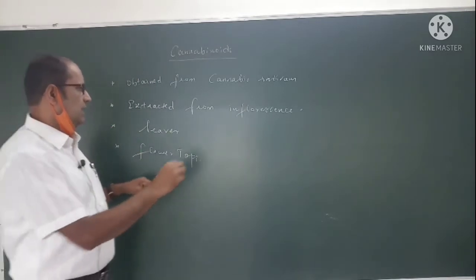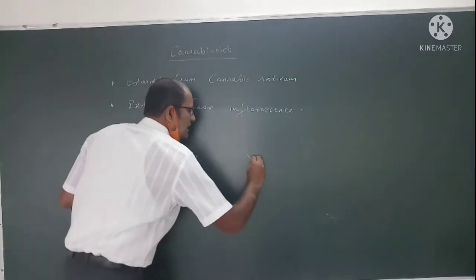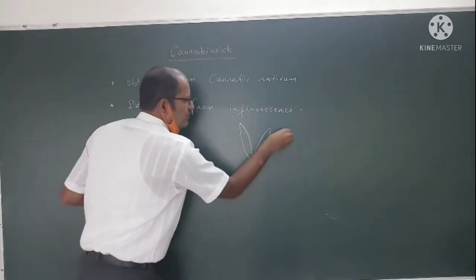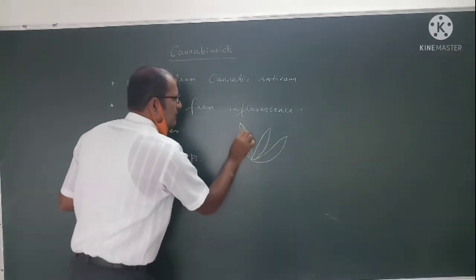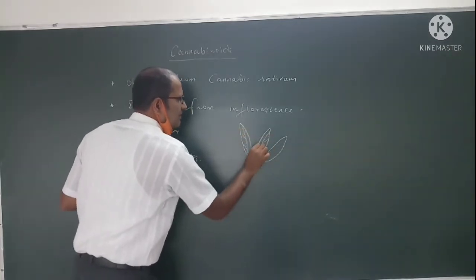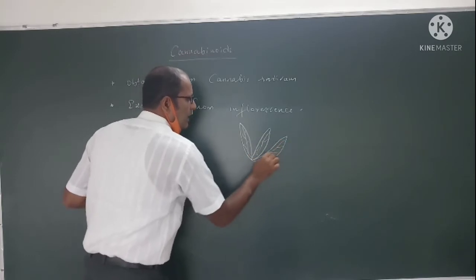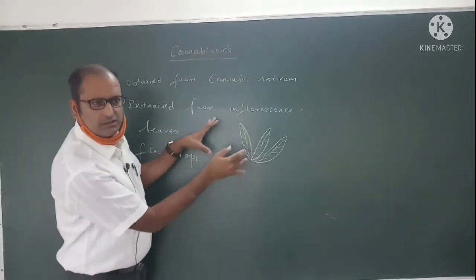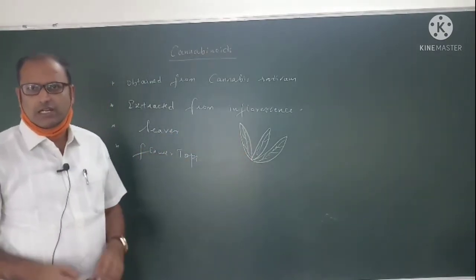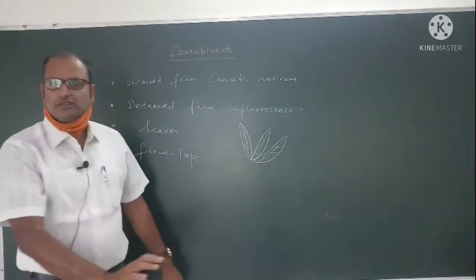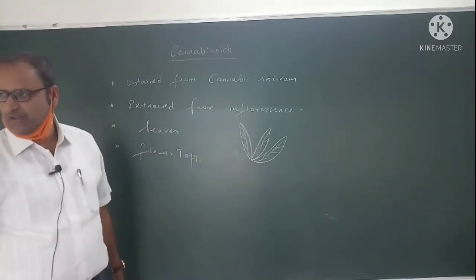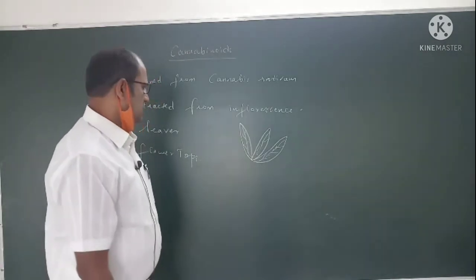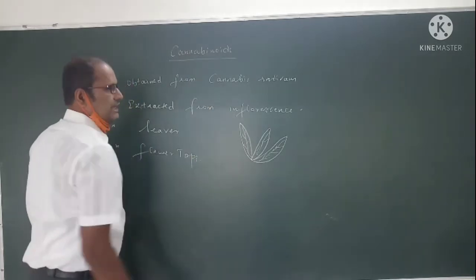Okay, the leaves look like that. In your NCERT book you can check that the leaves look like this. Just roughly sketch out the leaves. What NEET people will do is draw a leaf picture and ask which is this. So they can ask you the question like that. That is why you have to focus on that particular leaf and observe it. So this is the Cannabis sativum leaf.